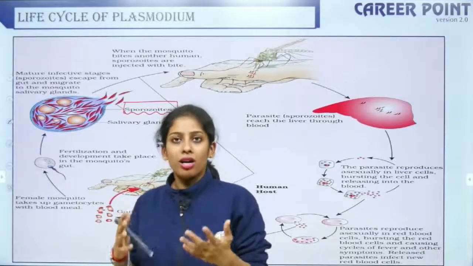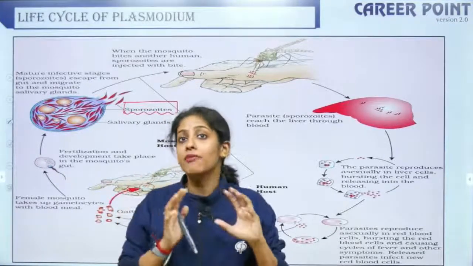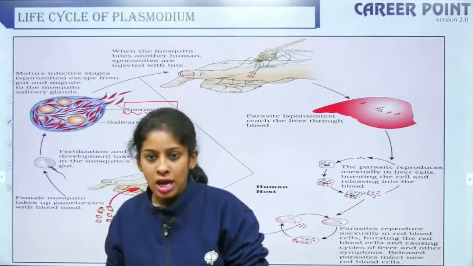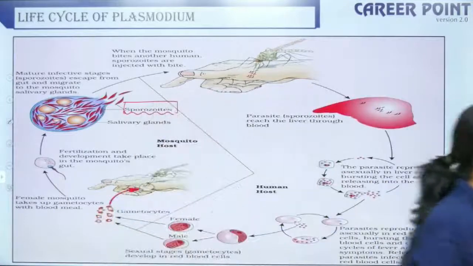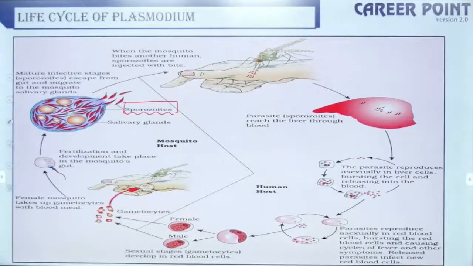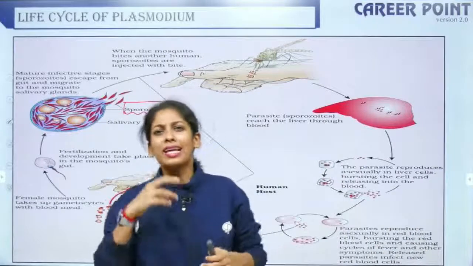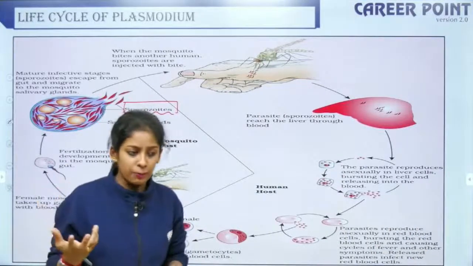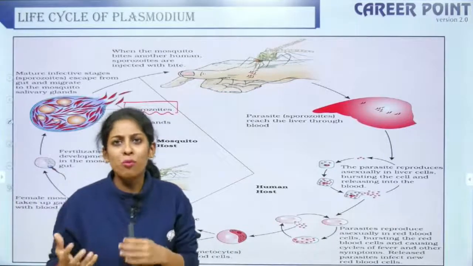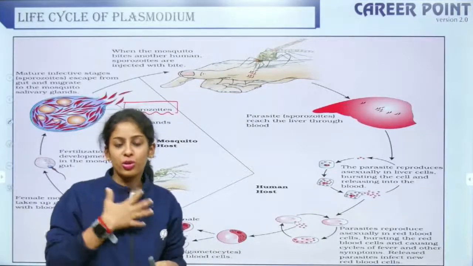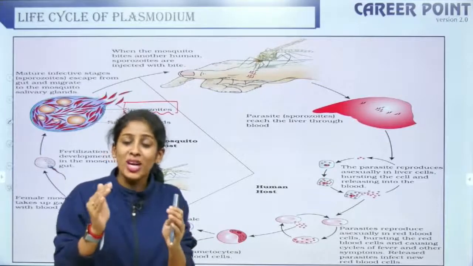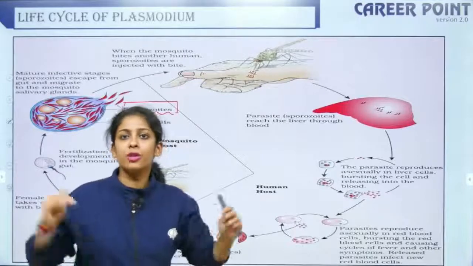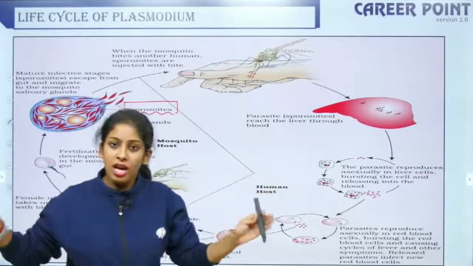So they become adult and are stored inside the salivary glands of the mosquito as sporozoites. Okay? Yes? It will not actually lead to anemia, it will actually lead to fever. Here it is not only killing RBC. If it has to lead to anemia, that would be really low hemoglobin, so it is not with respect to killing your RBC. If it's a very severe case of malarial fever, then you can have anemia because a lot of RBCs are killed. Okay? Yes?